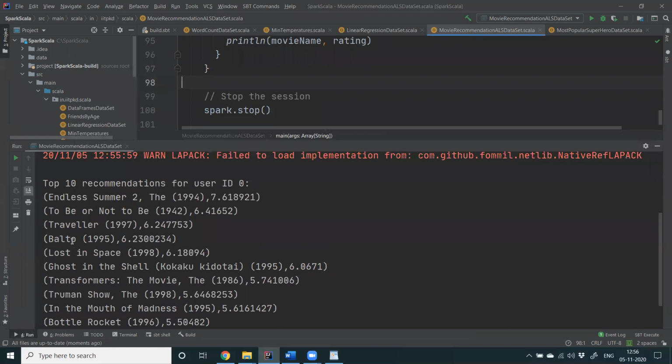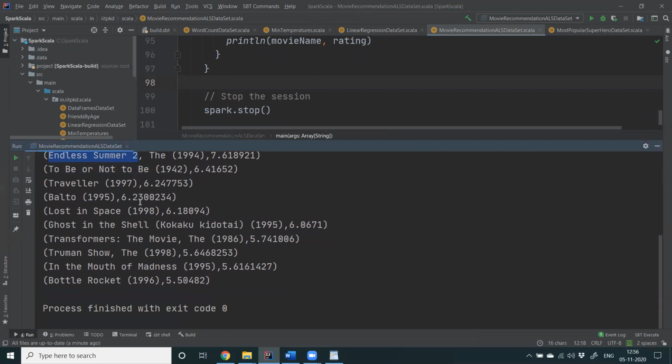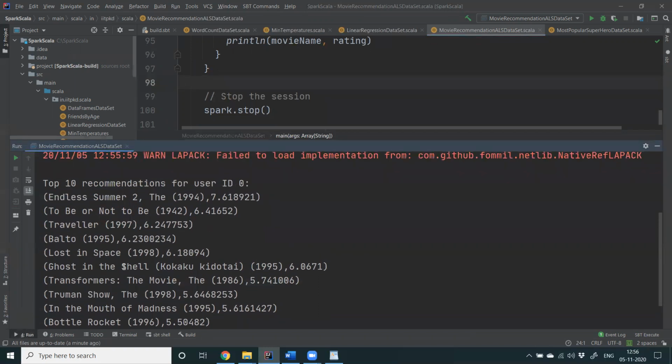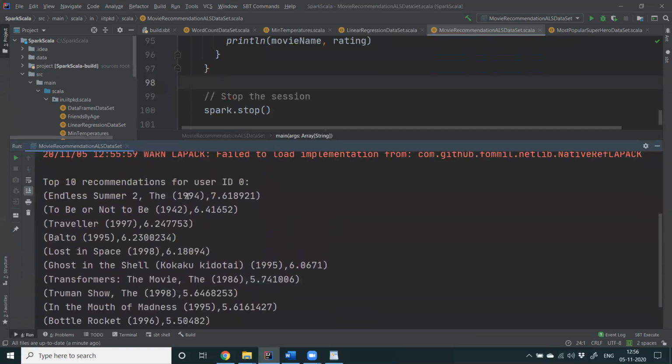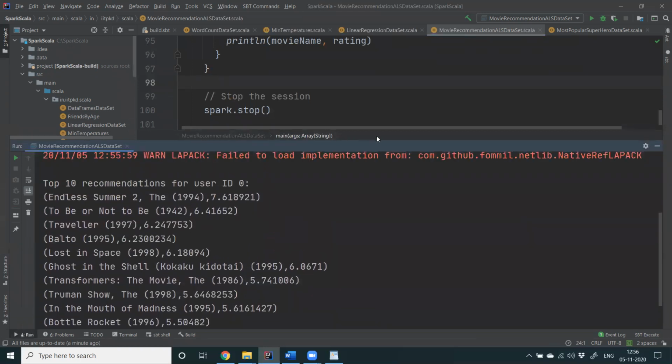Well, from the first 10 recommendations for user ID 0, you will see Endless Summer, Balto, To Be or Not to Be. I think these are not science fiction movies. Traveler, Lost in Space, those are okay. Transformers are okay. Yeah, In the Mouth of Madness, of course, this is not okay because this is a romantic movie. So as you can see, you are getting mixed results from this recommendation engine,